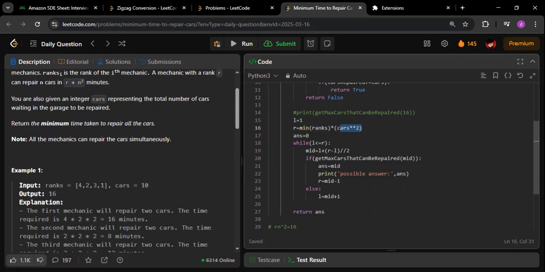So the cars are 10, so 10 squared is 100, so 100 into 1 is 100, right? So my upper limit is 100, lower limit is 1. So my search phase will start like that. We are getting the mid, we are checking that mid, and then we are going on lowering it if the